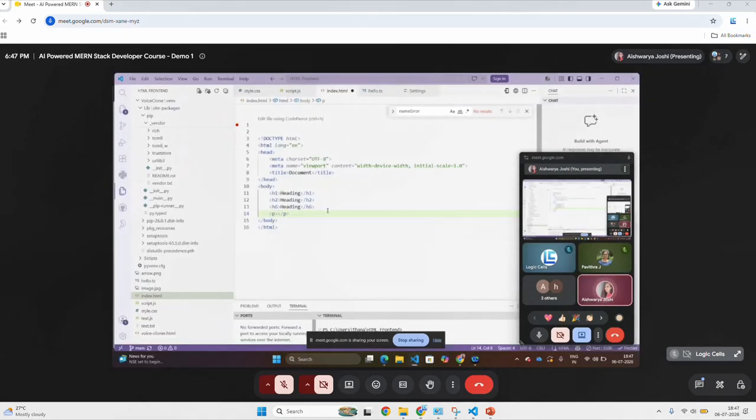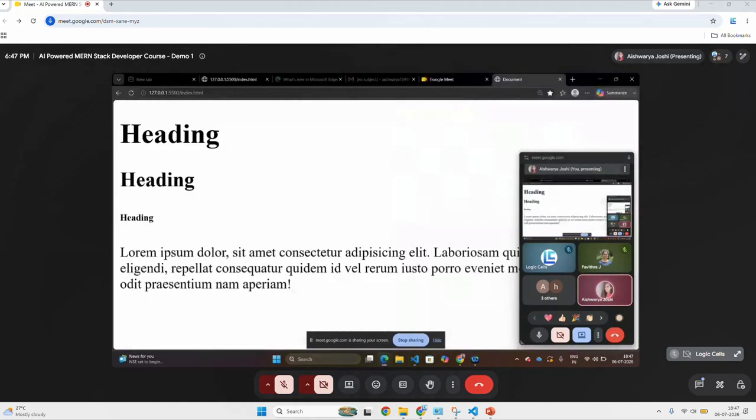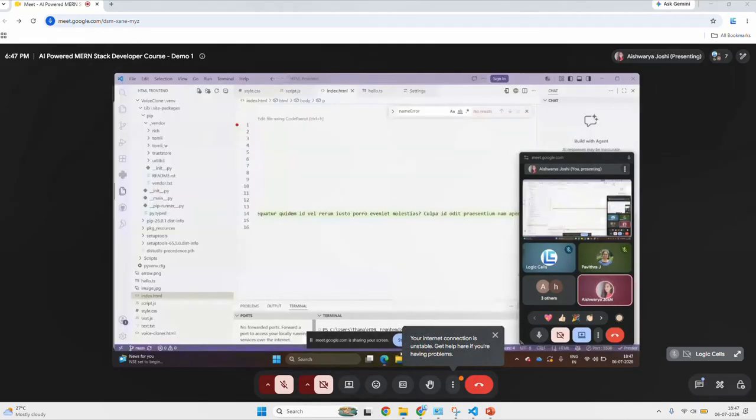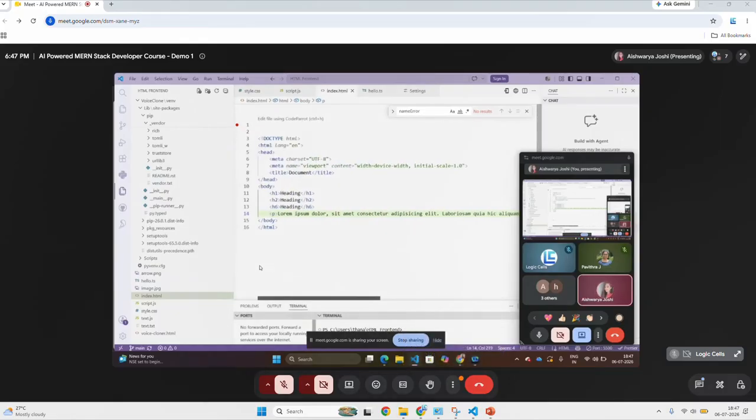Okay. So what is a paragraph? Paragraph as in the p tag. Okay, your paragraph tag is represented with p. So when you hover on this, hover as in when you place your mouse cursor on this, you can clearly see that the p element represents a paragraph. Okay, so when you want to write some paragraph, let's say lorem ipsum or something like this, this is nothing but a paragraph tag, you can see here. So for multiple paragraphs, you can create multiple tags. One single paragraph you can write here in the opening and closing tag.